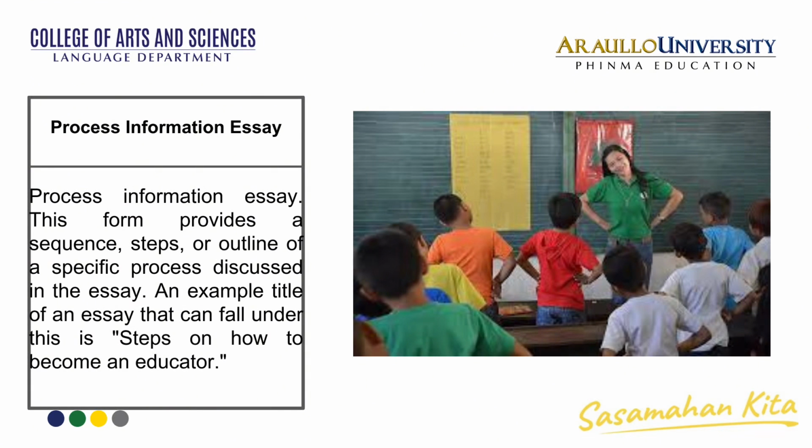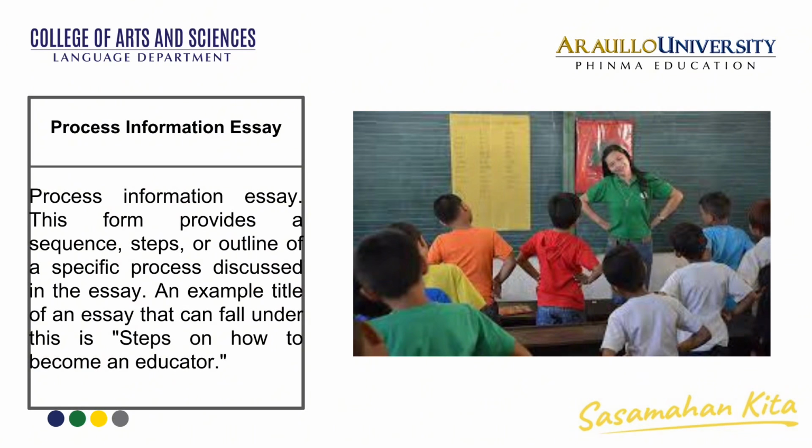Step one is that you need to complete senior high school with a relevant strand. For example, for a Bachelor of Secondary Education degree, you may want to take Humanities and Social Sciences or the General Academic strand. Then after graduating senior high school, you have to enroll in a Bachelor of Secondary Education program. So you have to choose a college or accredited university offering BSED, and then select a major, if you want English, mathematics, science, social science, or Filipino, for instance. And then you need to complete the 4-year degree, which includes general education courses, major subjects, and professional education subjects. That's for steps 1 and 2.